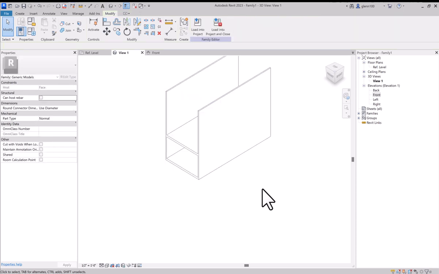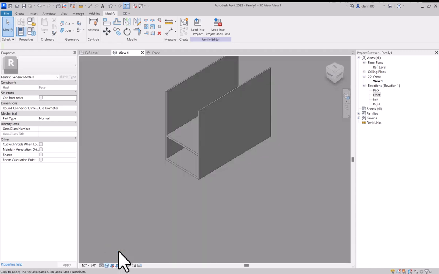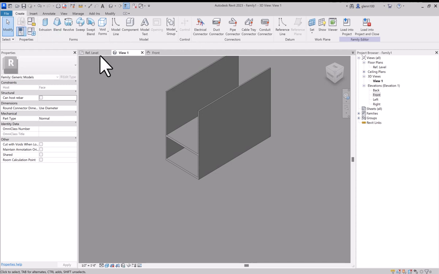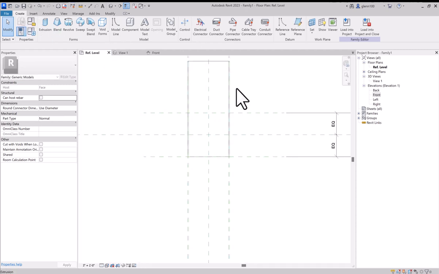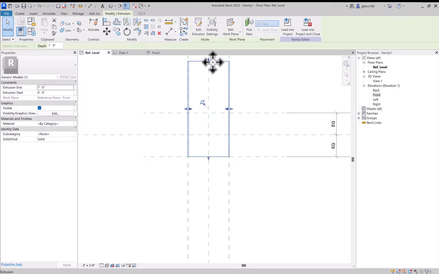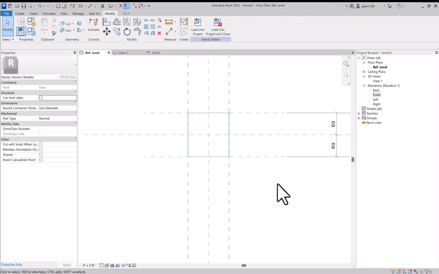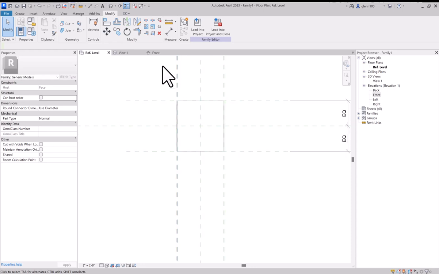Okay. And we can see, turn it on shaded. Okay. And so now we can see those surfaces. And then we're going to come back. Okay. And in our reference level, our top view, we're going to take our extruded object and we're going to lock it to that depth so that the depth here will define the amount of this that's extruded. Okay, so now we have our basic geometry and we can change its dimensions,